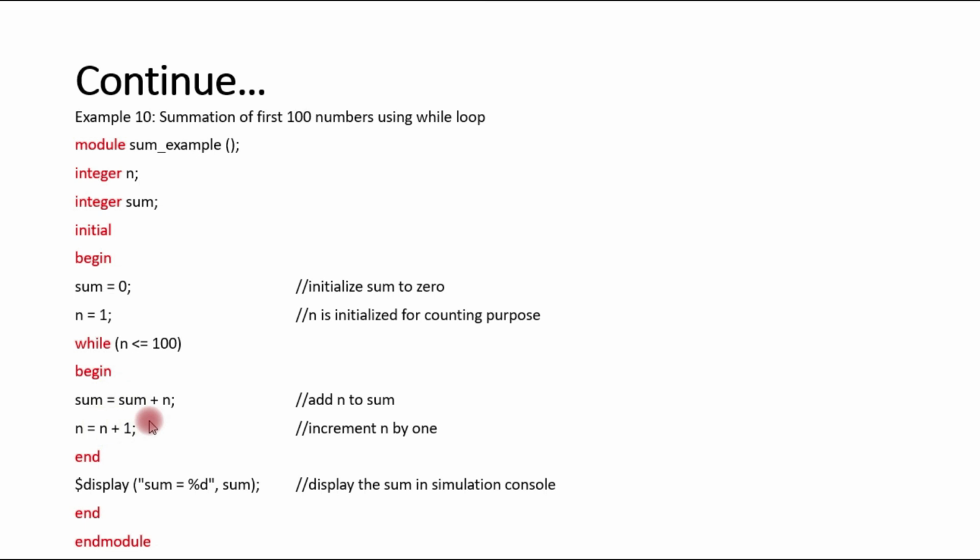And these two statements are sequential in nature, and these are updating depending on the value of n. It means these two variables should be register data types, and here sum is sum plus n. So this loop is valid when this expression is true, when n is less than or equal to 100. Finally, the simulator displays the sum value here, and that is the system task $display and end module.